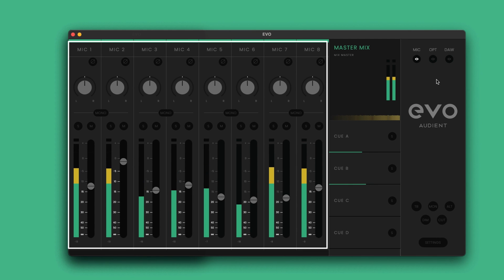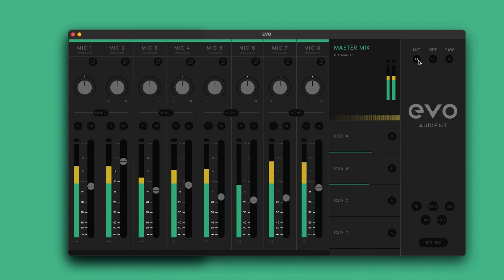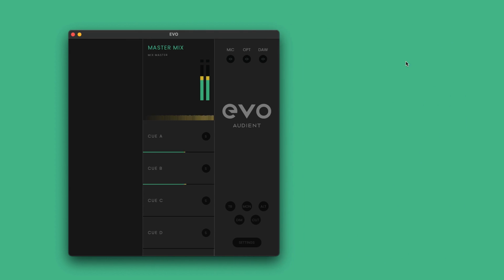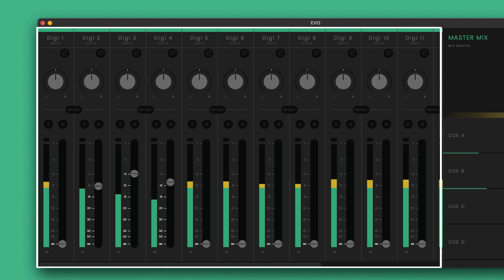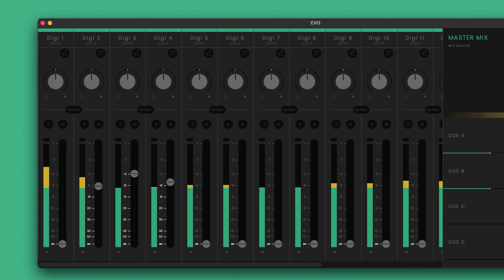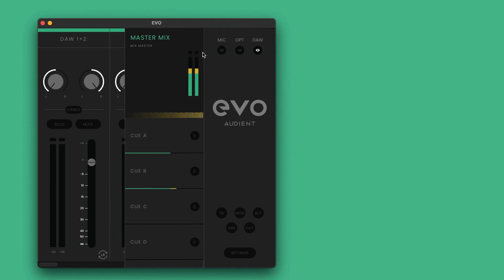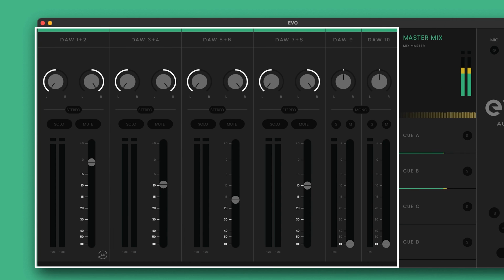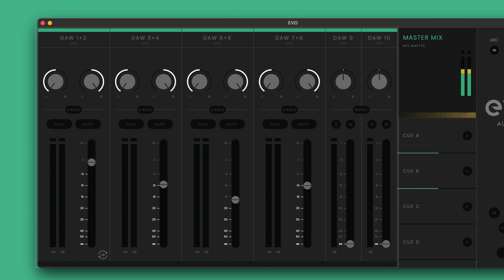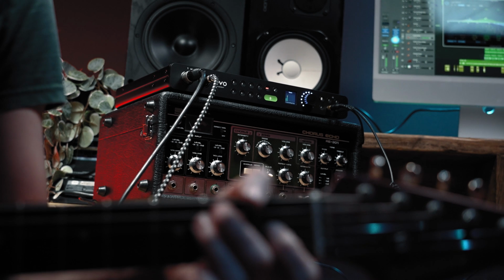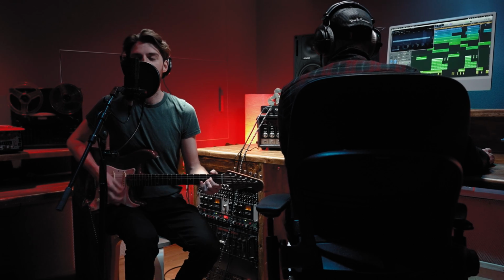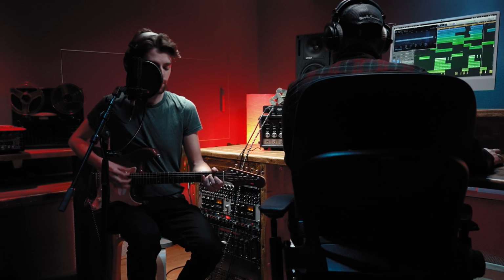Mic channels, which show any audio plugged into one of Evo 16's 8 inputs, whether a microphone, line level equipment, or an instrument. The digital channels show incoming signal from the optical inputs if you're expanding Evo 16 digitally. And the DAW channels show you what audio is playing back from your computer or audio software, where the Evo 16 output in your audio software will correspond to the computer channel. For example, output 1 and 2 will go to DAW 1 and 2, and output 3 and 4 will go to DAW 3 and 4. This will come in handy when sending out separate artist mixes or processing audio with outboard gear.